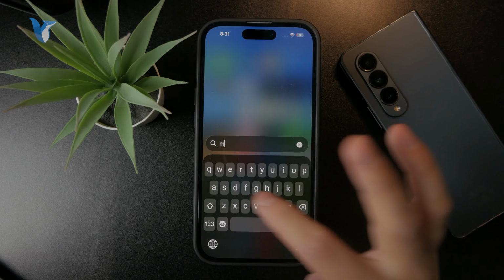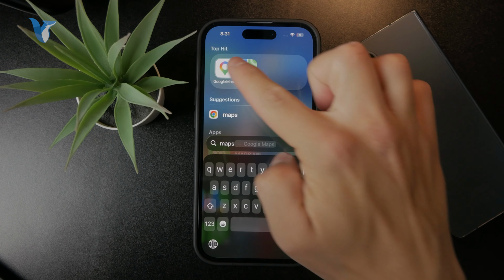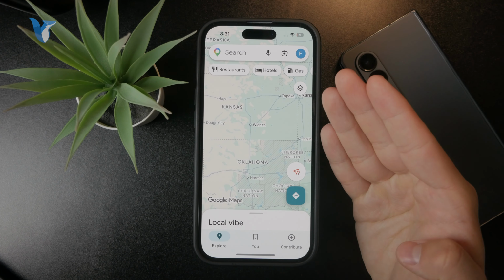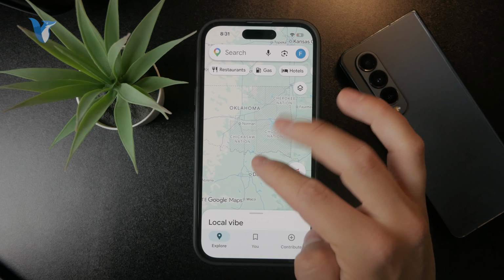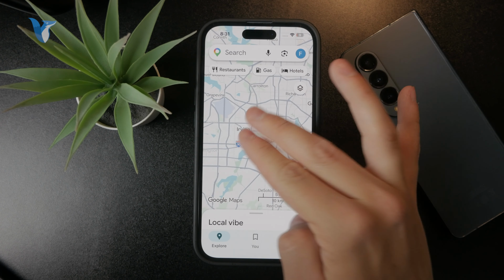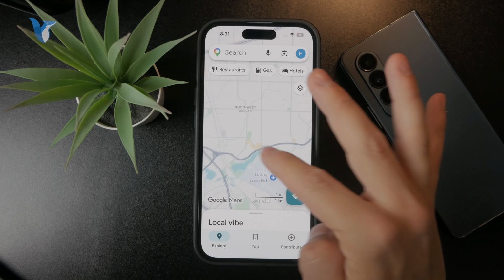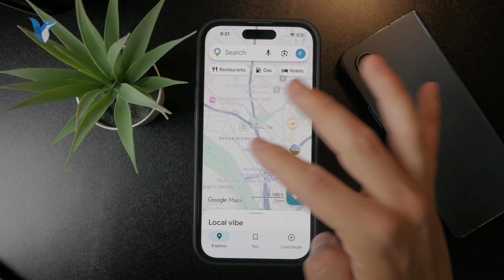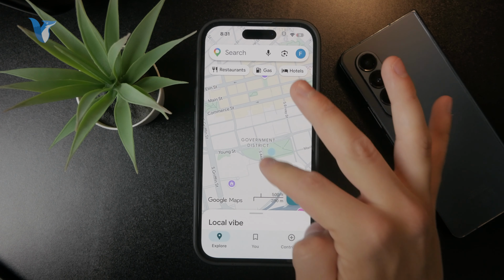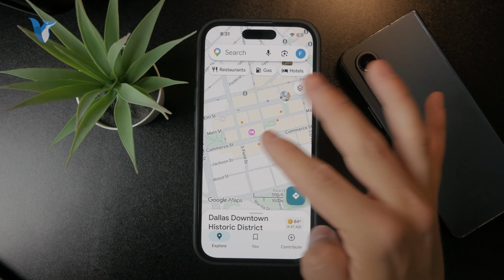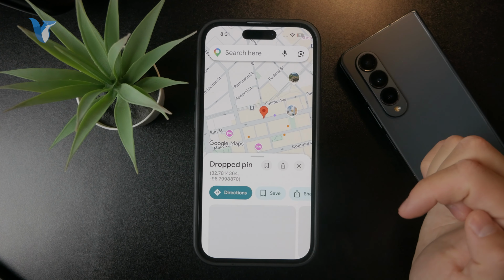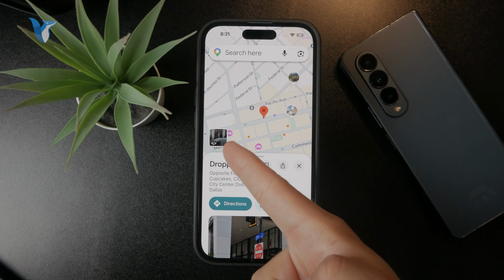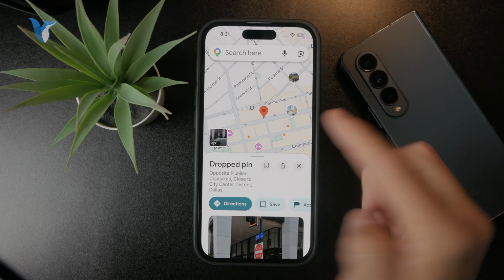So we can at first open up the Google Maps like this. And of course, we have the ability to zoom in to multiple different places, right? Let me just show some random city, whatever, right? And I essentially want to show you how you can switch to the street view, right? So you hold it down on any street where it's available, like this. And you have the ability to go to this street view mode, which kind of pops up